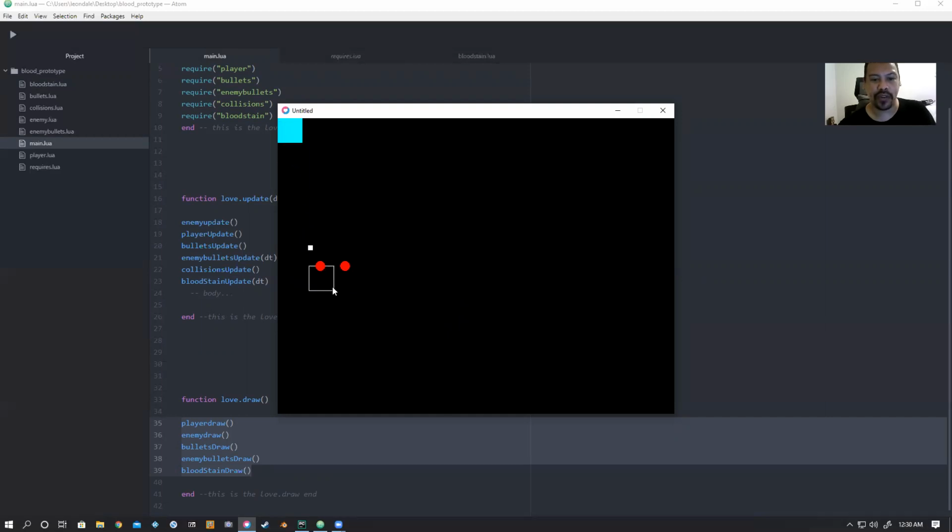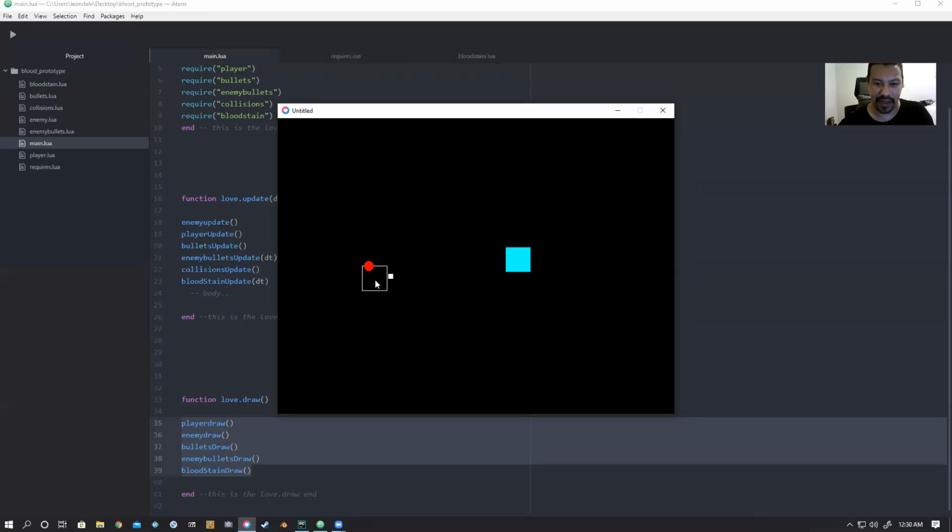And all I would do is take this circle and make it a PNG of a blood splatter, and maybe even do something like scale it up: make the blood splatter 0 scale, and when it is applied, scale it up quickly so it goes splat. You know what I mean? Something like that. But this is the simplest possible way to prove I can make a bloodstain show up, and I can make that bloodstain disappear within X amount of time,